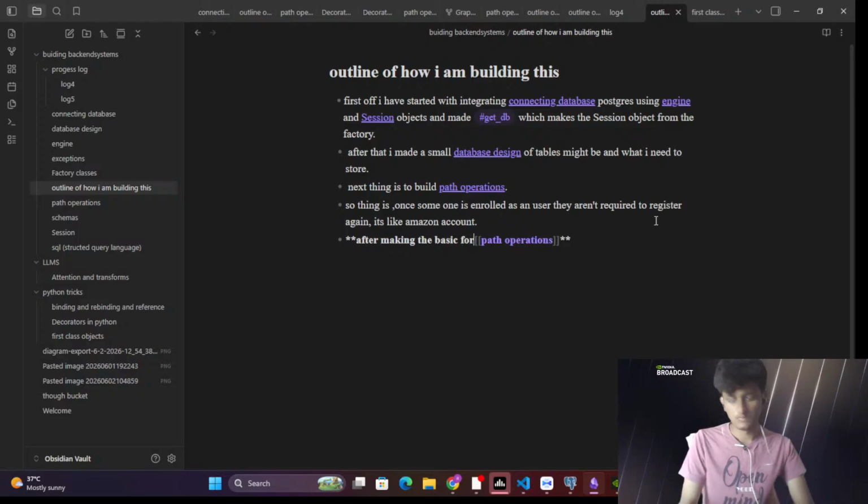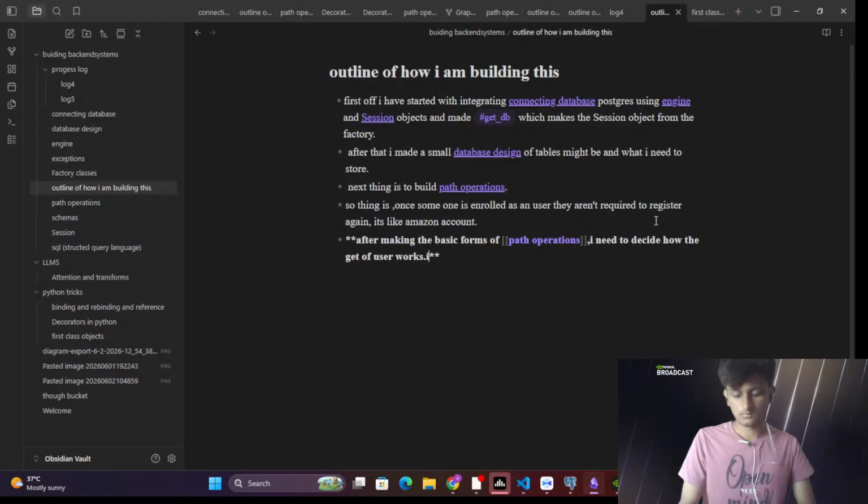Basic forms of path operation. After making basic forms of path operation, we need to decide whether how the get of user, i.e. student, returns the fine and